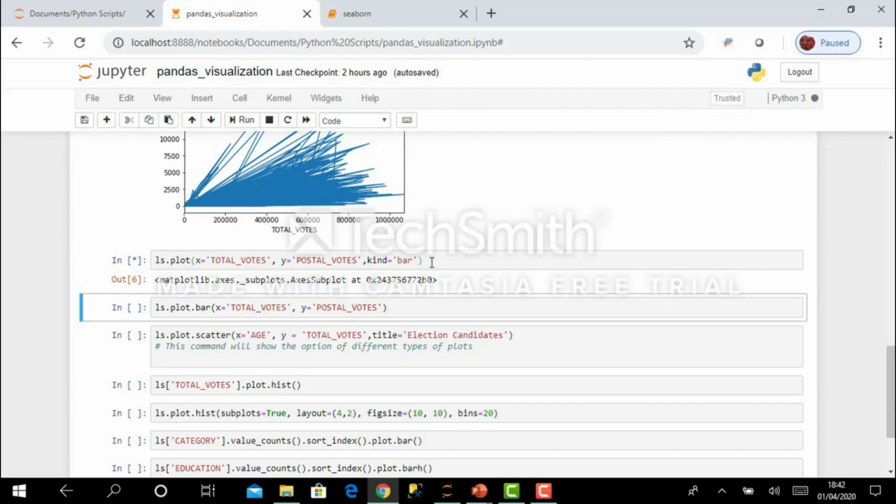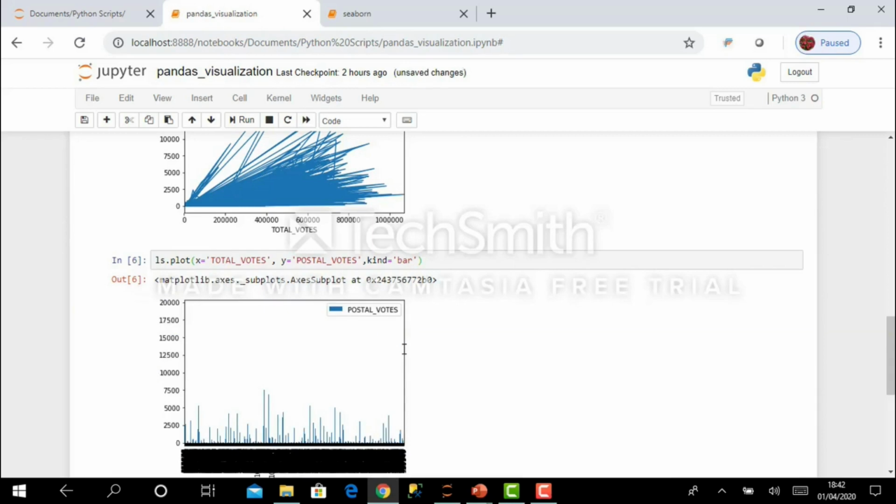That's why it may take some time to generate the bar graph. It is similar to matplotlib, but it is a kind of wrapper, as I told you. So you can directly use data frames and series objects, and you can use the plot method on those objects. That is the advantage here.